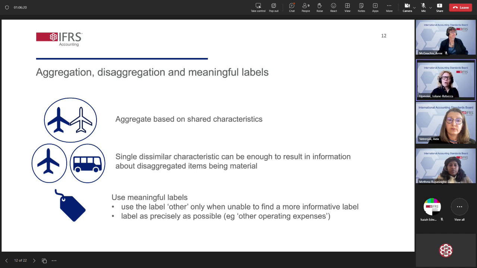And additionally, if the aggregation comprises items that are not material, but it's sufficiently large that investors might reasonably question whether it includes information that is material, then a company is also required to disclose further information about the amount. For example, that the items making up the aggregation are not material. Such information is actually useful because it resolves investors' questions about whether they need to know more about the item.